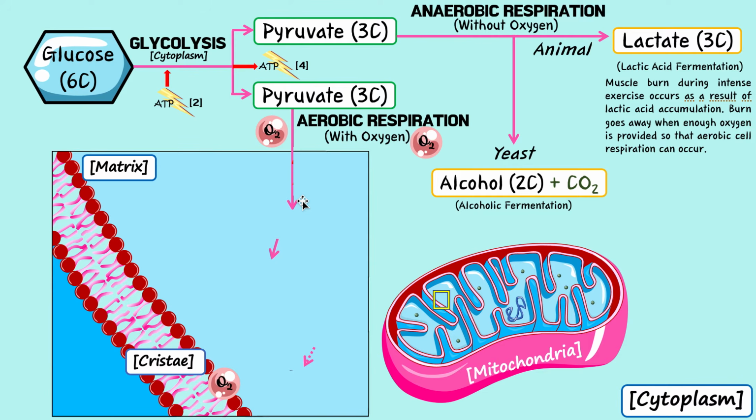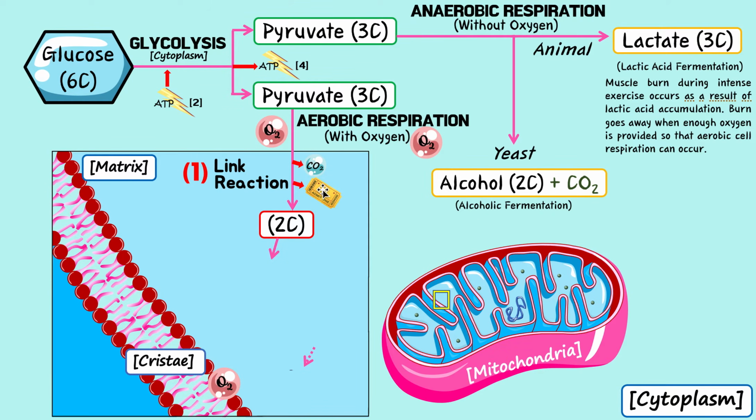And 3 steps are going to happen. The first step is called the link reaction. So this one is a step that's going to turn this pyruvate into a 2-carbon molecule. So notice here it's 3 carbon. Now we're going to turn it into a 2-carbon molecule. Where did the other carbon go? Well, we released it as carbon dioxide, similar to this scenario here, right? So we released that carbon as carbon dioxide, but also we made another little thing here.